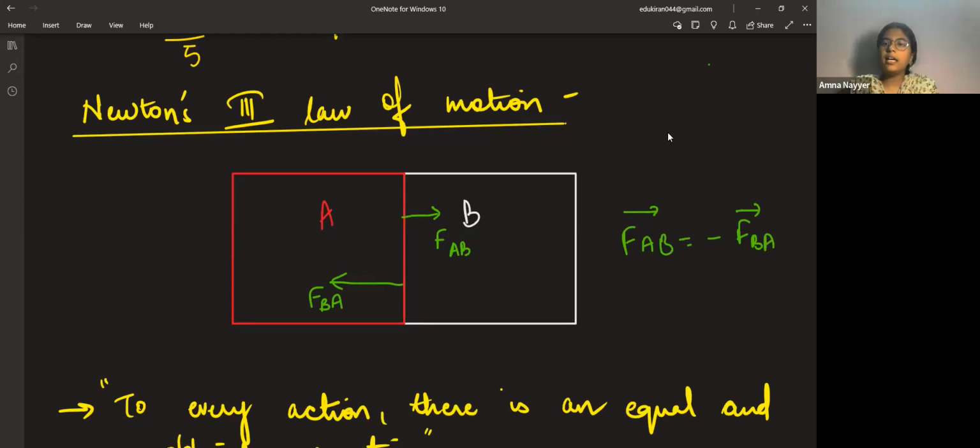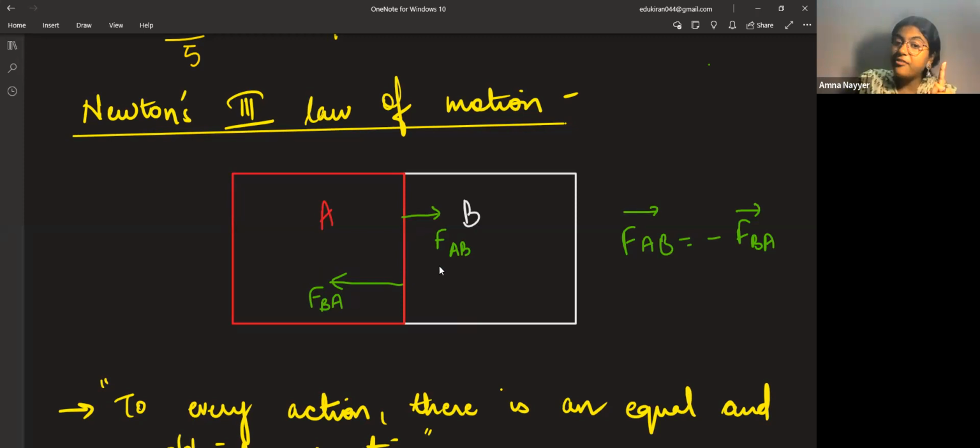Now see, if the magnitudes are exactly equal, then why are we not able to cancel them? If it's 5 Newton over here and 5 Newton over here also, and the direction is also opposite, both of them should cancel. None of them is the heavier force, and the directions are different. So still we are not able to cancel both the forces, right? The reason behind it is that, see,